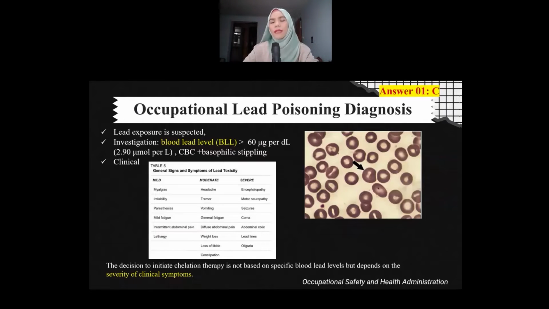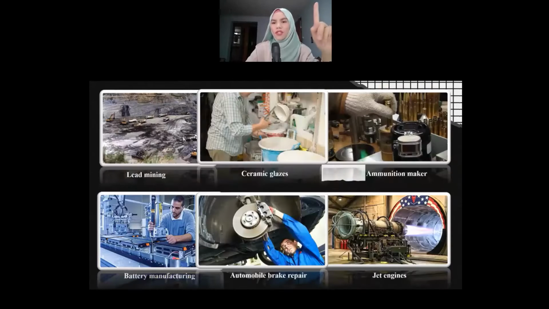And for severe, symptoms like effects on the CNS such as encephalopathy, motor neuropathy, seizure, and coma, and effects on the GI tract like abdominal colic, lead lines, which is the accumulation of lead at the mucosal area like in this case, and oliguria. The decision for chelation does not depend on lead level but on the severity of clinical symptoms. Which occupations are affected: lead mining, ceramic glass or ceramic coating, ammunition maker, battery manufacturing, automobile brake repair, and jet